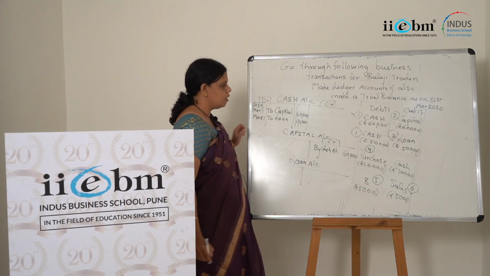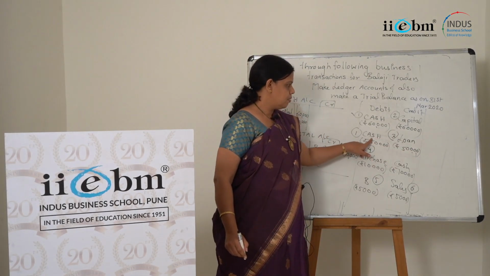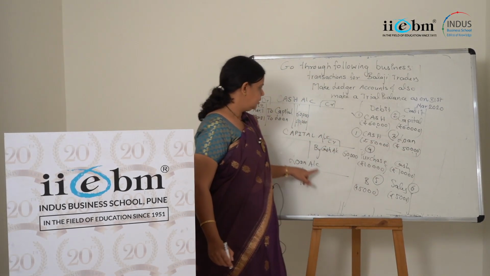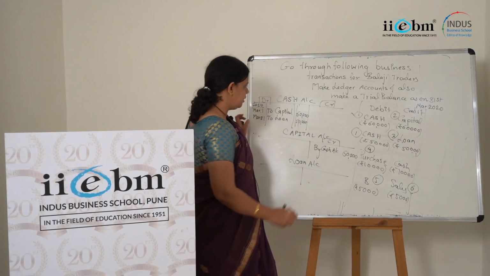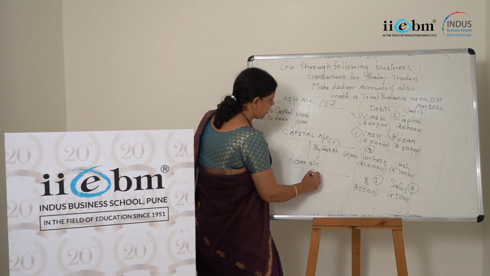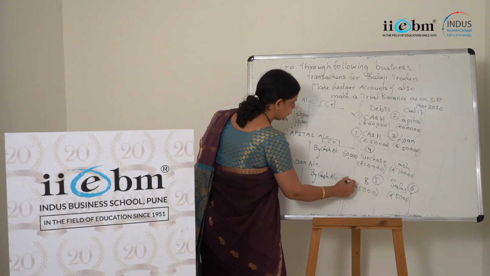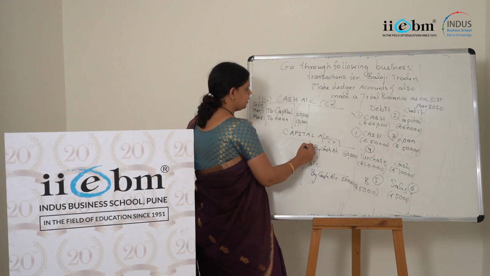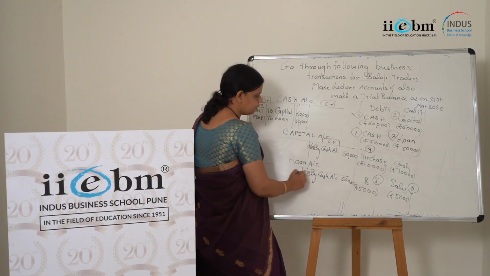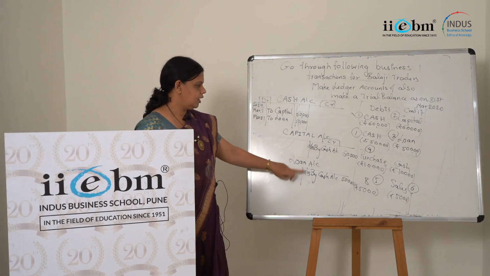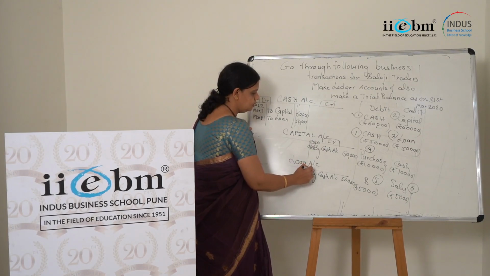Now in this loan account, loan is credited by how much? 50,000. Why? Because cash is coming in. So I'll write down here by cash account. What is the amount? 50,000. Both transactions are happening on the same date, that is 1st of March, right? So here you can write down the date 1st of March, year you can record 2020, right?